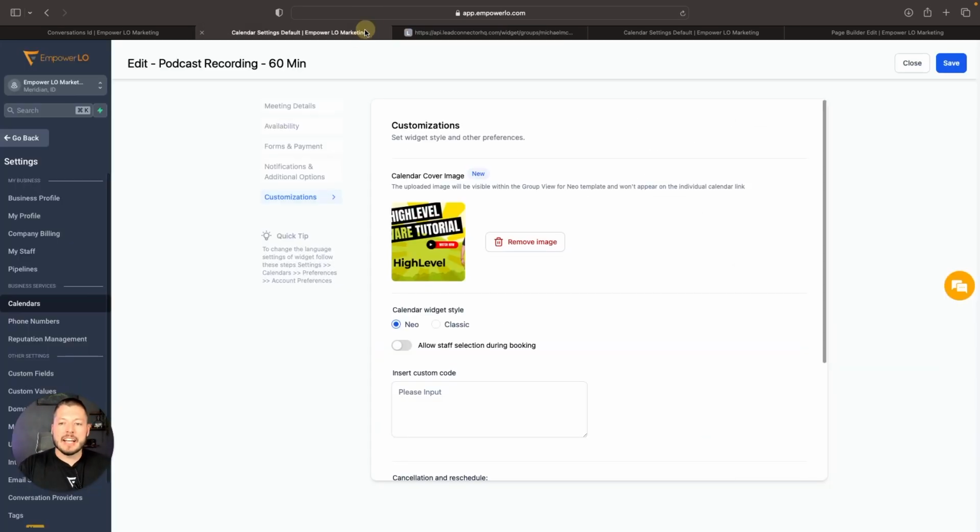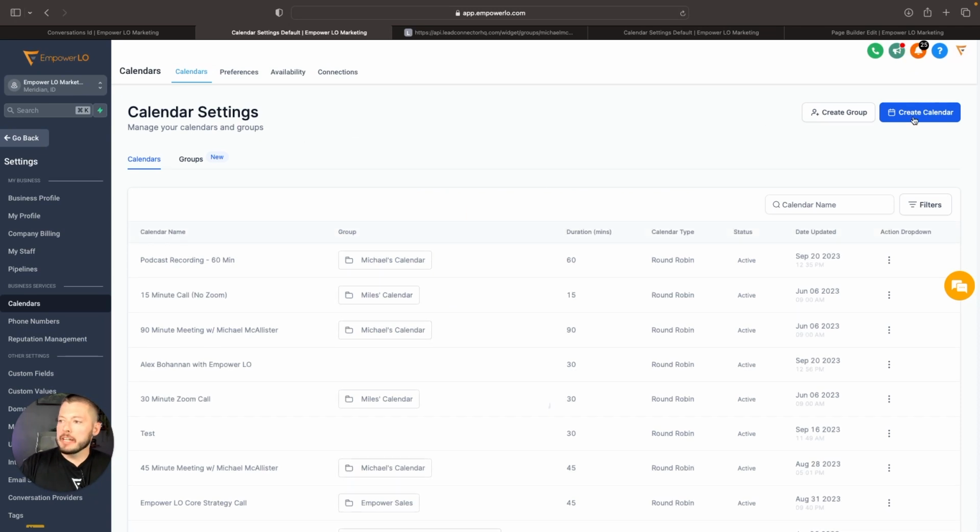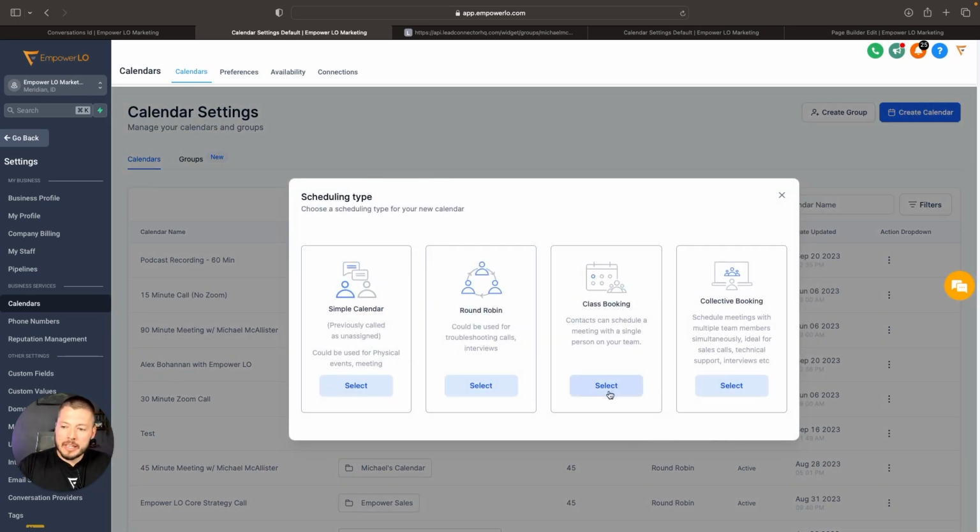The next feature that I want to show you with calendars, the next update, is specific to the class booking option. If we create a calendar, only this one, only this class booking, contacts can schedule a meeting with a single person on your team, and you can define the number of slots that are available for that calendar, and then they only have the ability to fill that number of spots. Well, now